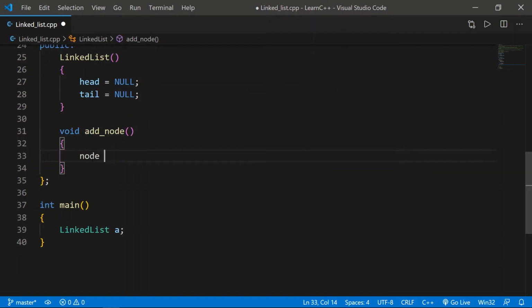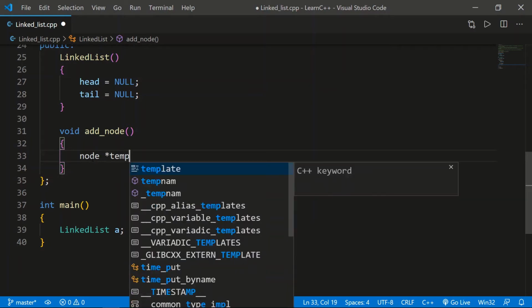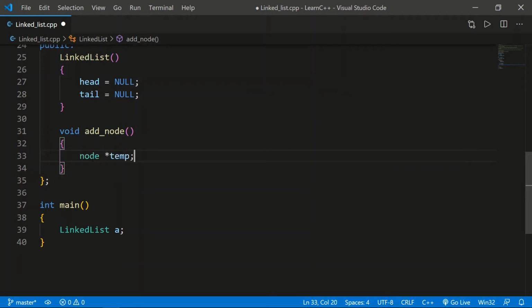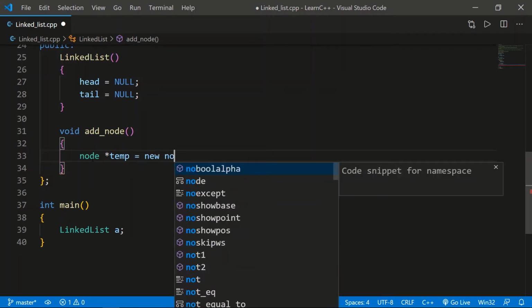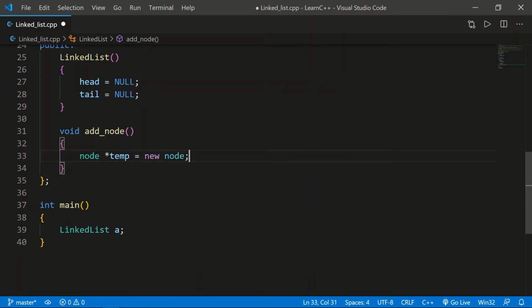We'll just write Node and we'll create a temporary node because it can be anything. You can name it anything, it's directly based on you. And we'll do it with DMA, with dynamic memory allocation. We'll write new and we'll create a type of Node. So now we can see we created a node of name temp, which is of type Node. I hope you got this.